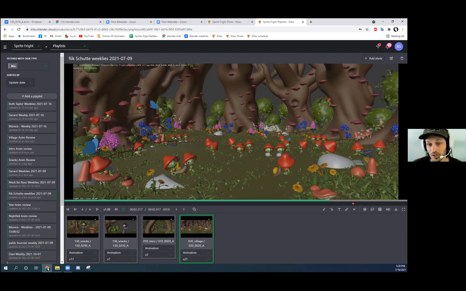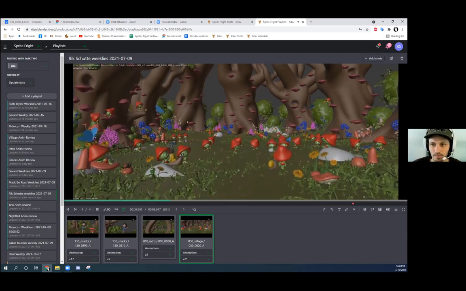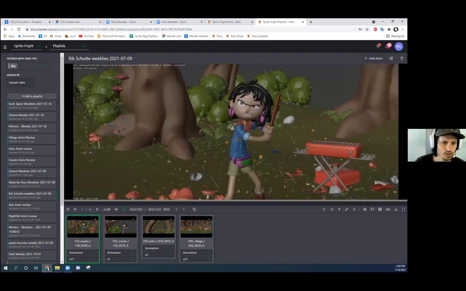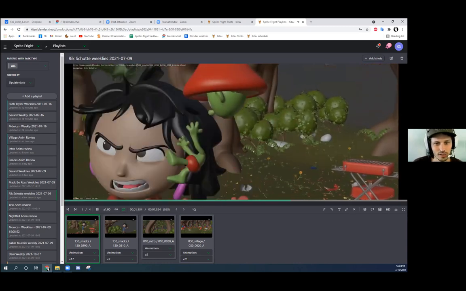But that was a big achievement at the beginning of the week, to have all this animation come together in one file and make it work. So I'm having my fingers crossed to make sure that this is also working in the rendering, but that will probably be next week. Next to that, I've been jumping on the last two shots of snacks, which is the shot where Ellie is going berserk and slicing sprites left and right. So this is one of the shots here